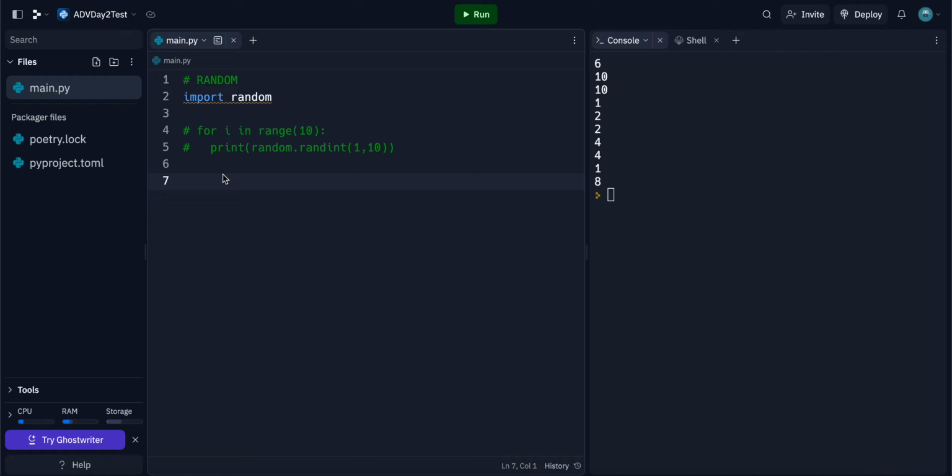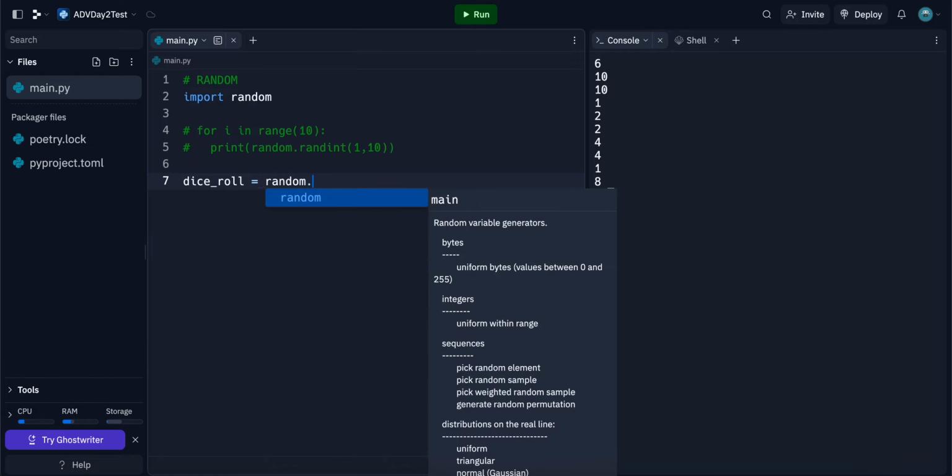Make a dice is first by creating a variable called dice roll. This is just going to house the random number that we get. So I'm going to just do random.randint